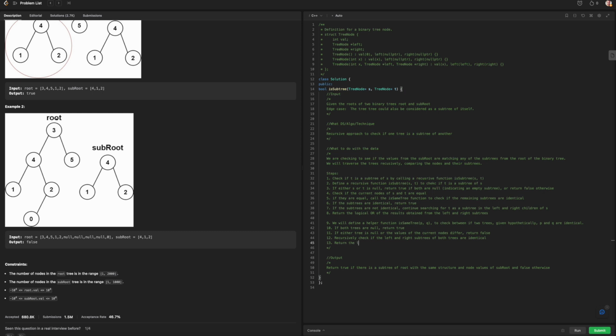We're going to return the logical AND of the results obtained from the left and right subtrees. Ultimately, we're just going to return the result of calling the isSubtree function on the given trees. So now, to write out the code for each of the steps,